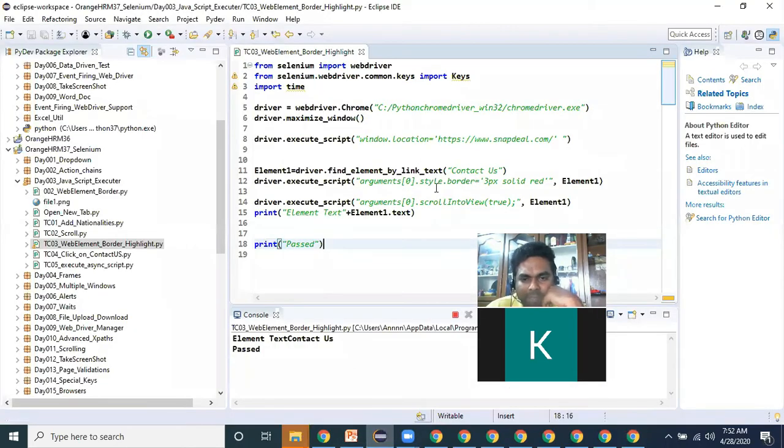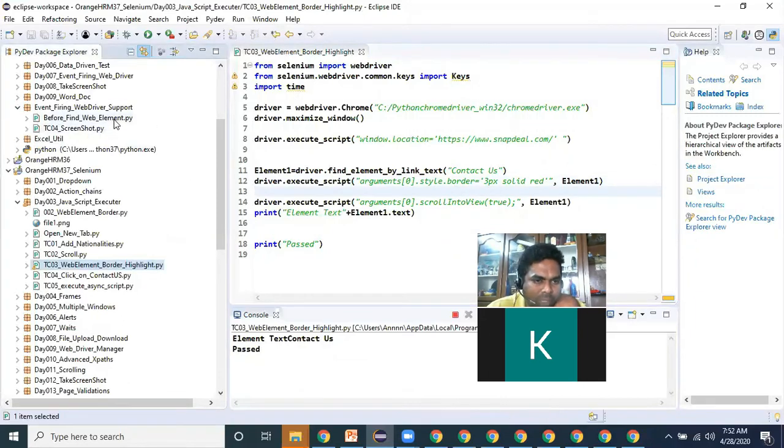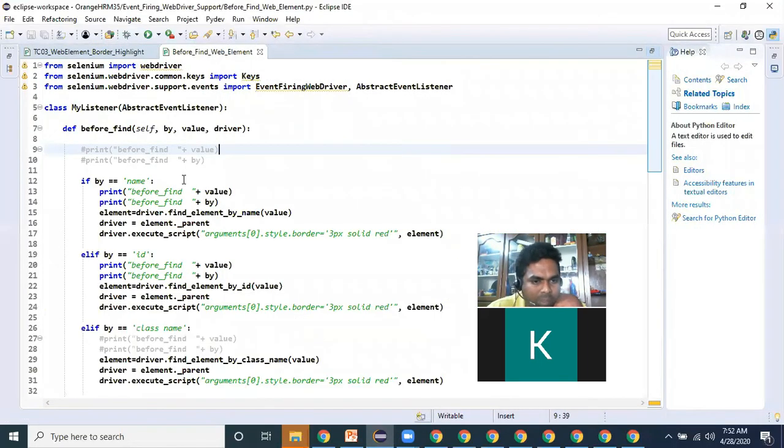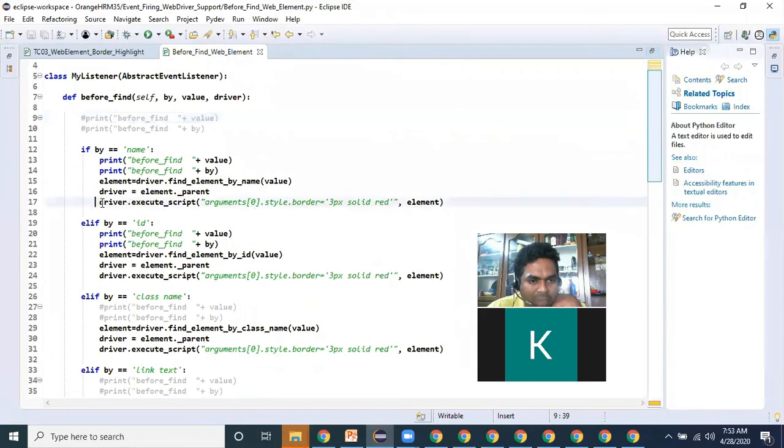By using JavaScript executor, we have done this. That particular web element border is highlighted in red like this. The same thing we implemented in our event firing WebDriver class also. If you see this before find by web element, on that day we explained. So here this is the line only I am using.